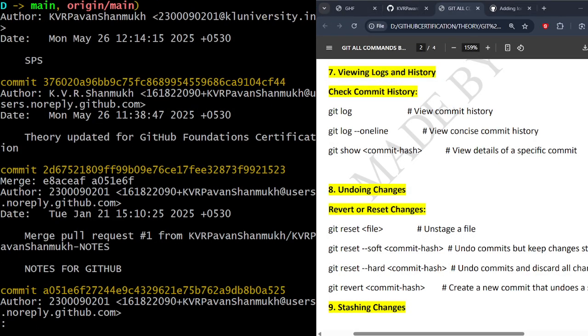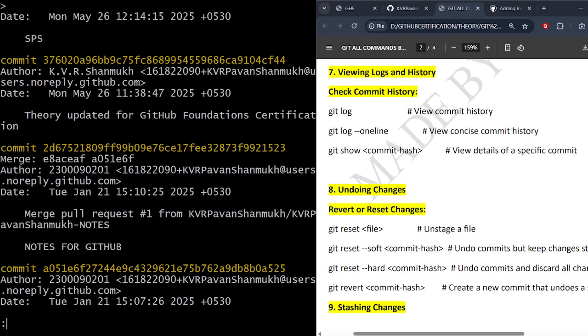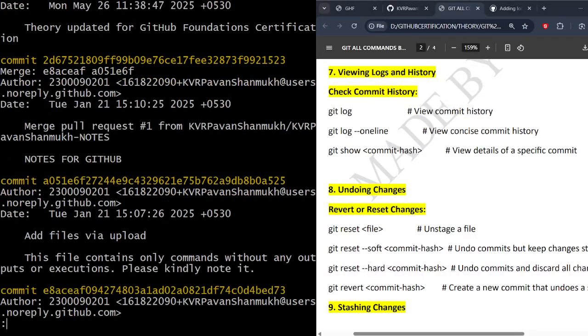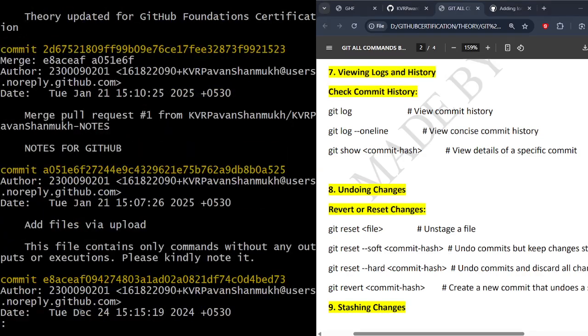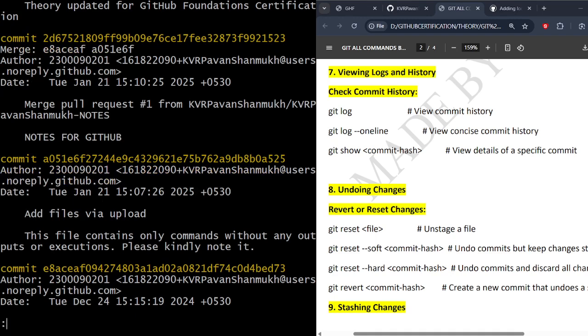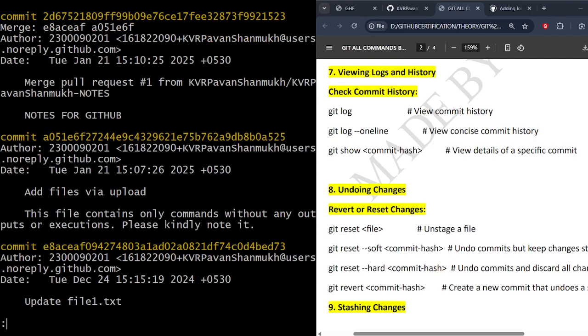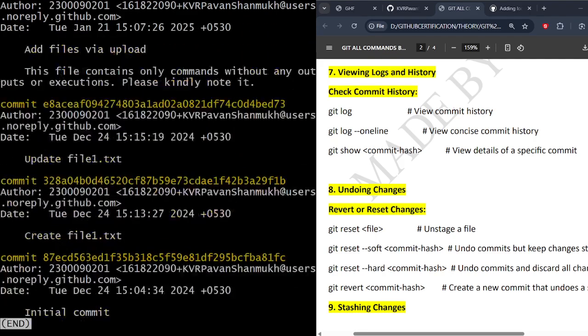So no reply, github.com. So we go with Control Z, Control X, why? No, come with escape, no, update file1.txt, everything was completed. So now we go with M. So this is completed. Control Z,